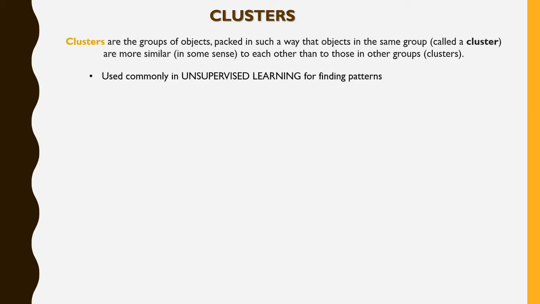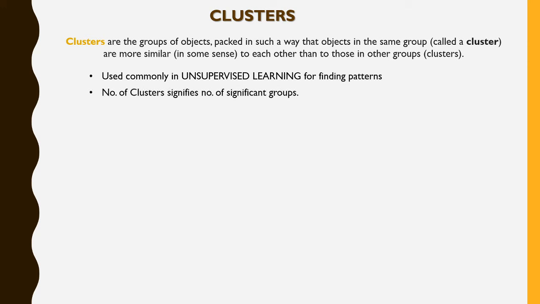Now clustering is basically used in unsupervised learning. As we have seen, trend lines are used in supervised learning. Clusters are basically used in unsupervised learning. Why? Because in unsupervised learning we are not aware of the class of the data. So the first thing we have to do is check the geometry of the data. According to its geometry we will divide the data, and the ones which have the same type of geometry will be kept in one group and the others in other groups. Accordingly we'll get various clusters, and that will be helpful for finding patterns.